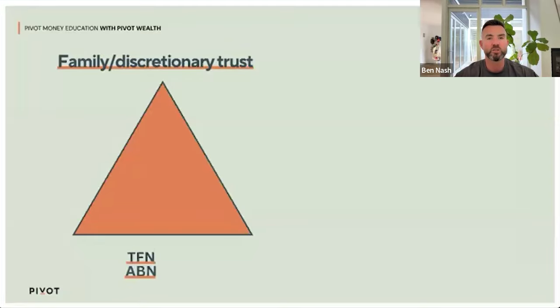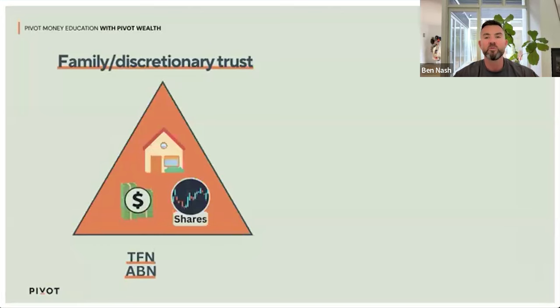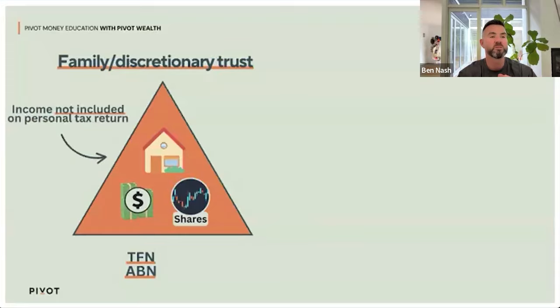When you set up a trust, the first thing is you do the legal paperwork. Once you've done that, you get a tax file number and an ABN for the trust. Once you have those things, you can open bank accounts, open a share investment account, even buy property and borrow to buy property, and you do that all under the trust wrapper, basically. The key rule with trusts, and there are a couple of things here: the first one is that the income generated inside a trust from the trust investments is not included in your personal tax return. It's definitely not automatically included in your tax return.